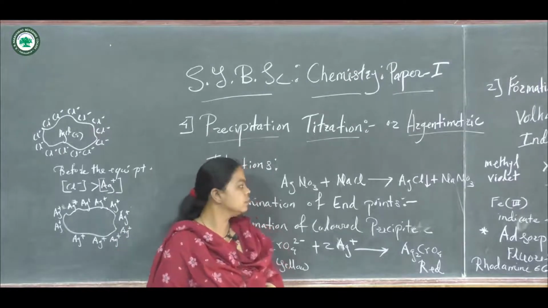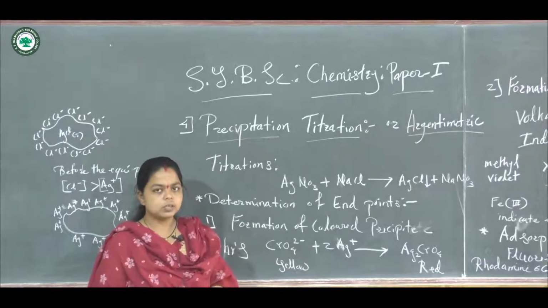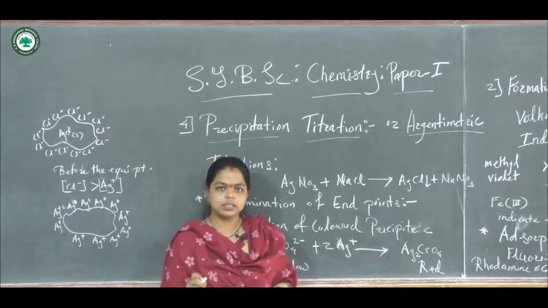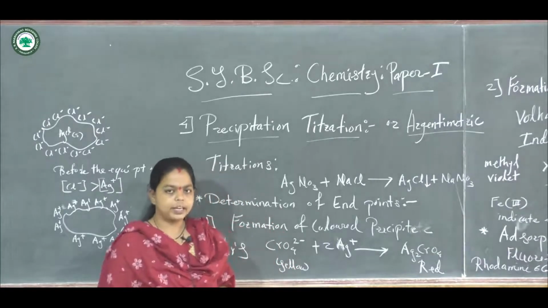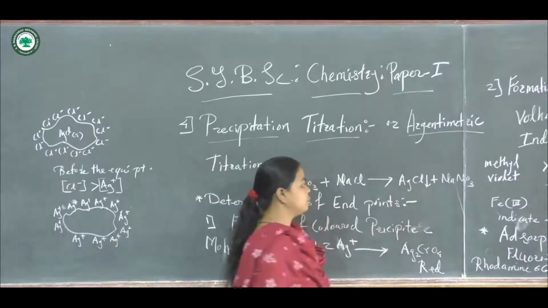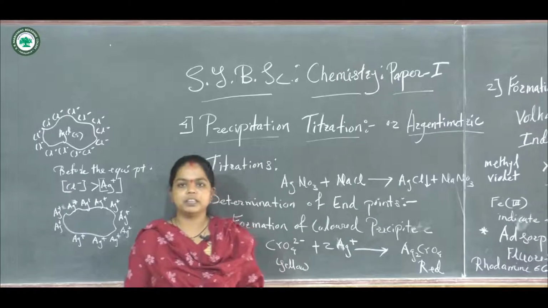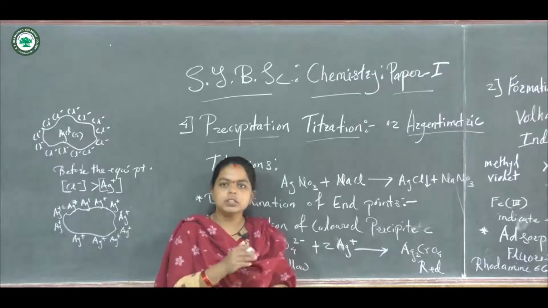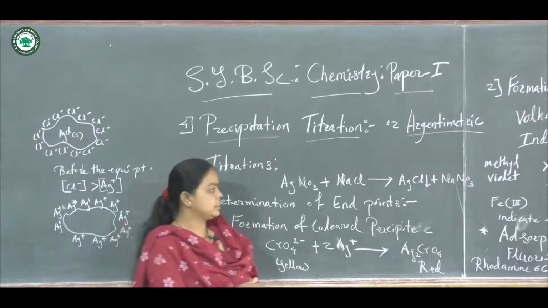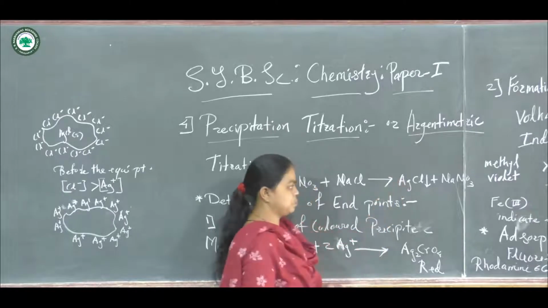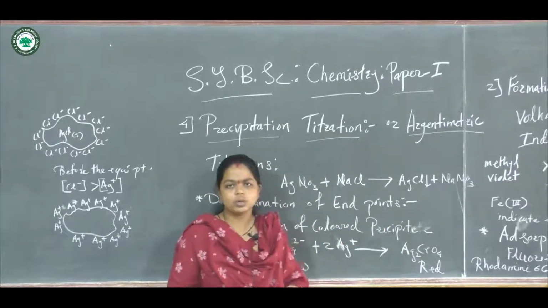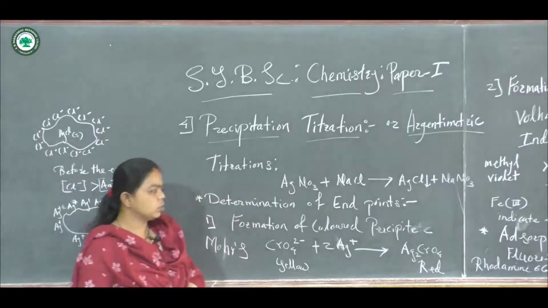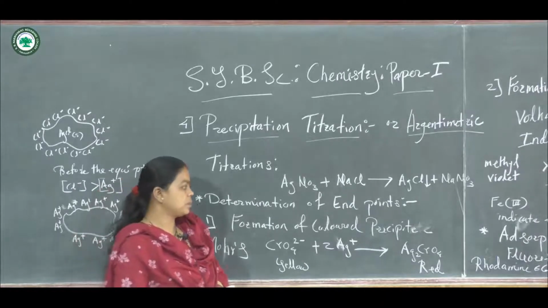In this case, we are going to consider the chloride ion. So we have taken the silver nitrate. If we treat the solution of silver nitrate with sodium chloride, then we get the precipitate of silver chloride at a particular concentration of the ions. At this particular concentration, the end point of the titration comes. So at the end point we get this precipitate. This is the only reaction we can study generally in this type of titration. Silver chloride is formed as the precipitate.